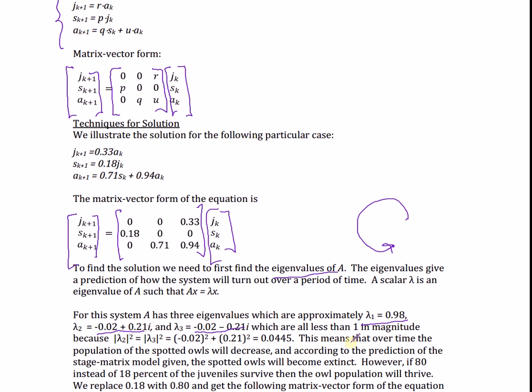Now all of these eigenvalues have absolute value less than 1. We saw that eigenvalues that have magnitude less than 1 correspond to shrinking populations. So, in fact, in this system, the population of owls will inevitably shrink. Notice that the survival rate of juveniles is very low. Now, if we increase the survival rate of juveniles,